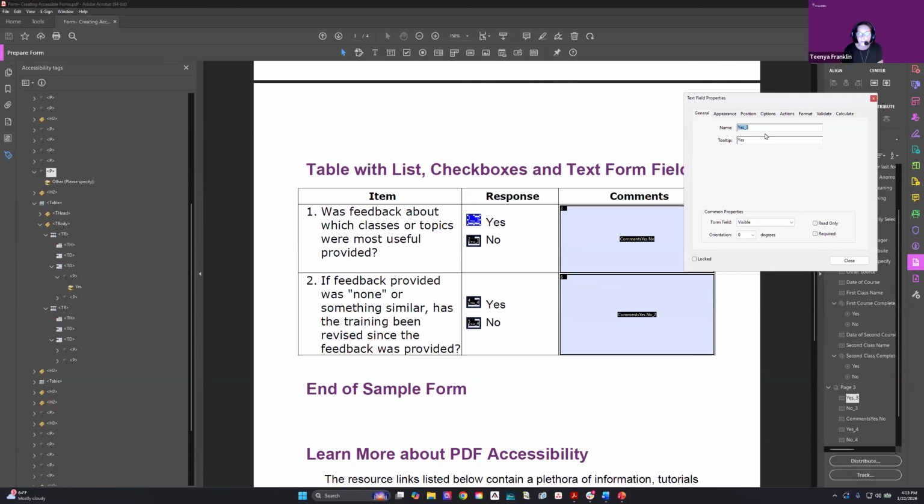So for this one, I would put feedback provided. And the tooltip here would be selective yes. And on this one,